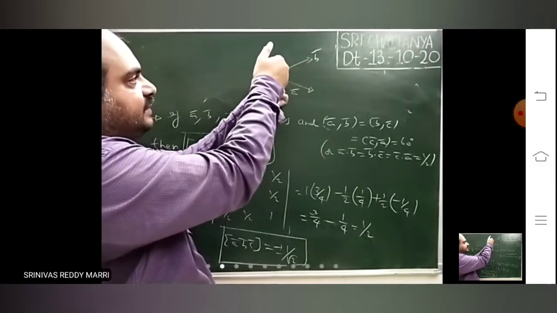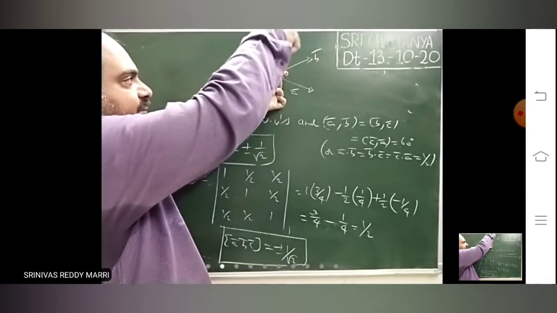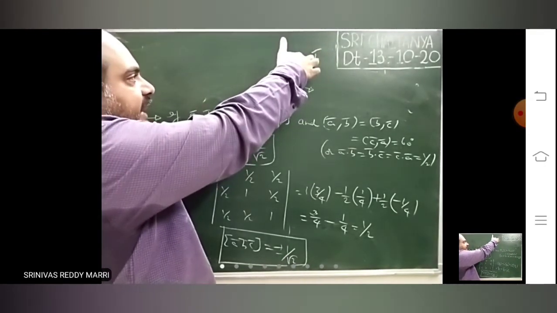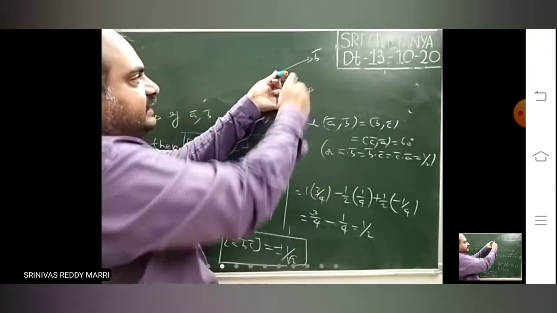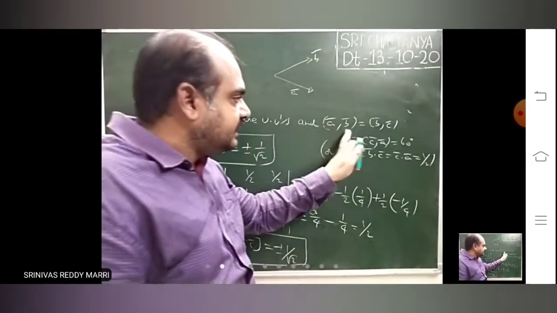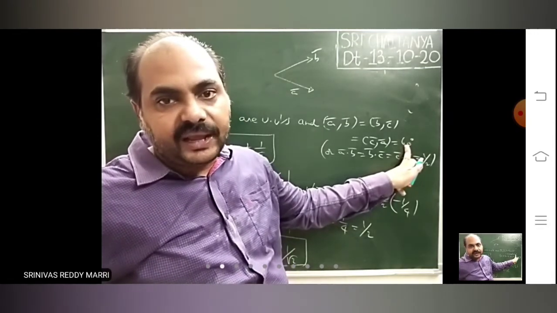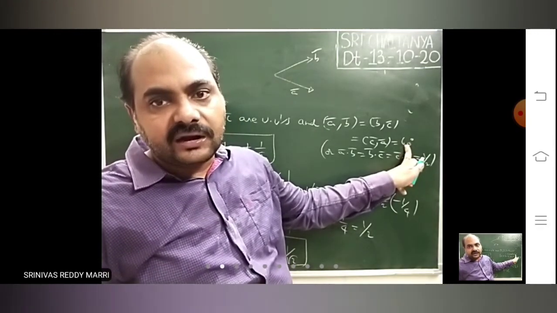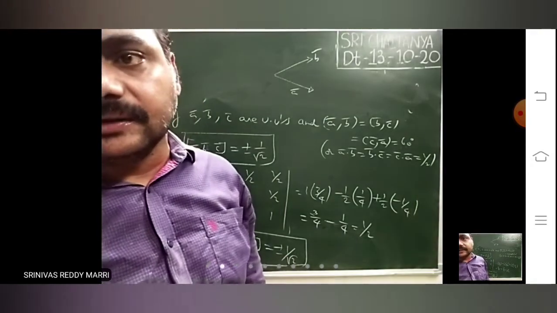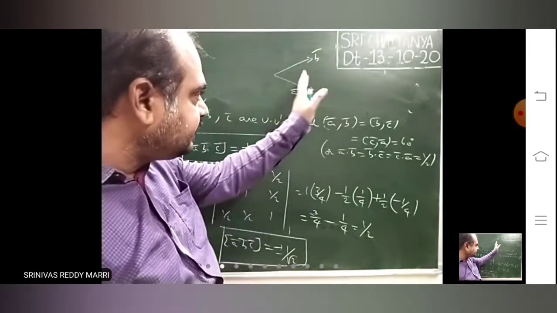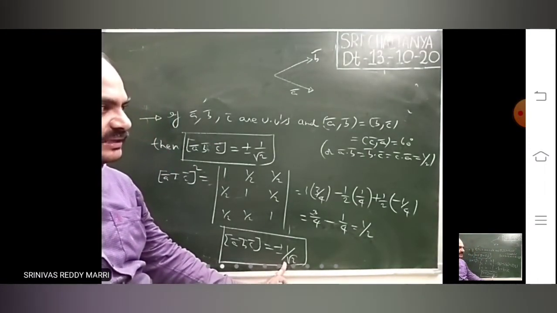This is A bar, this is B bar, and this is C bar. You keep the two pins here like this and one pen passing through them. So like this it will be. Angle between them is 60 degree, and angle between them is 60 degree, and angle between them is 60 degree. That means equal angles between three vectors is possible only if they lie in different planes, not on the same plane. You cannot draw three vectors on your paper such that the angle between each pair is 60 degree. How is it that they are non-coplanar? Because their scalar triple product is not equal to 0. That means they are not lying on the same plane.